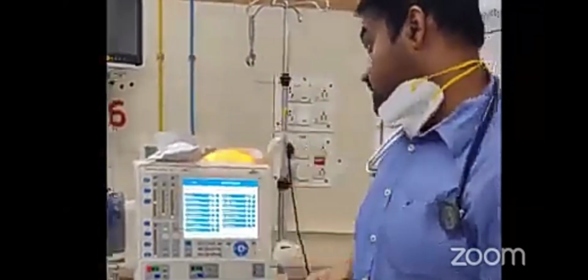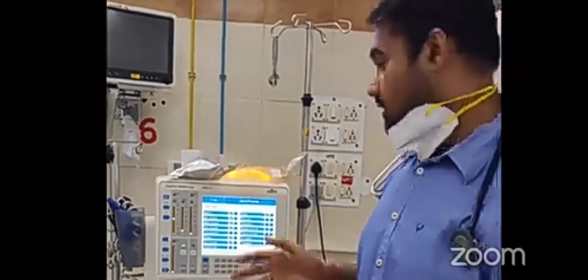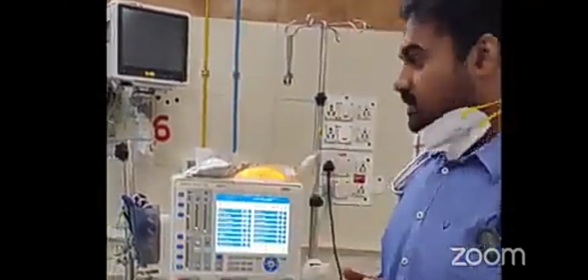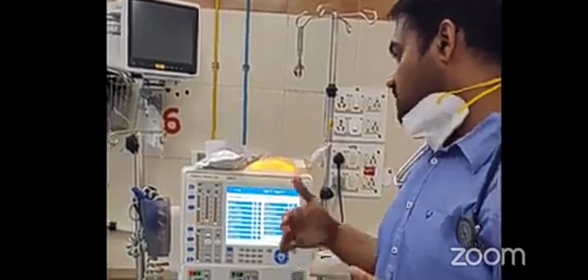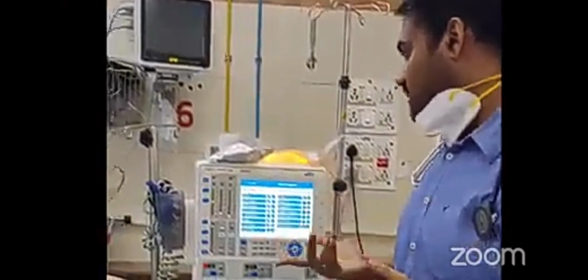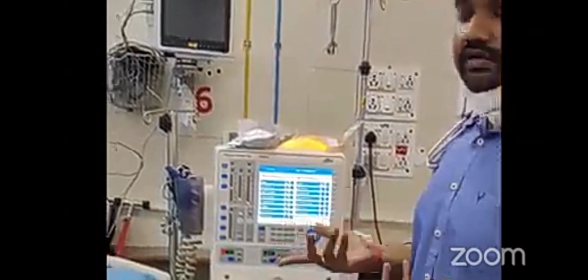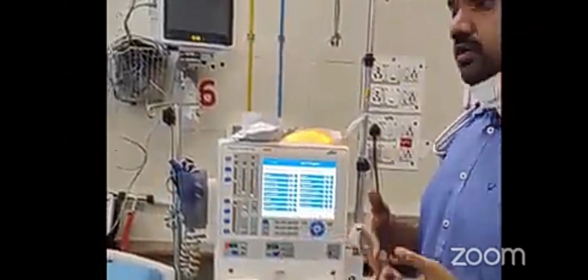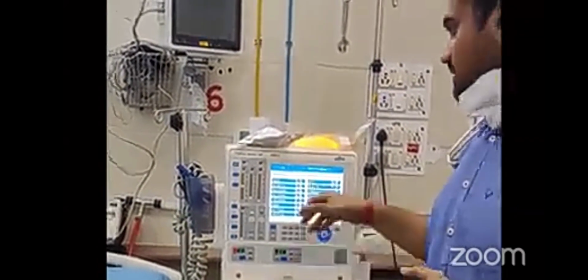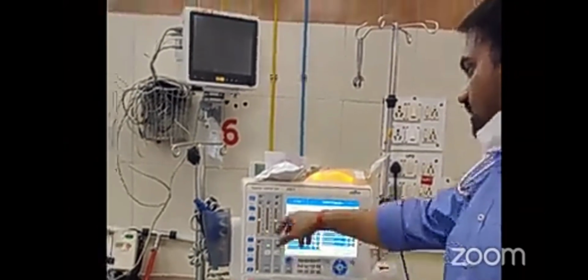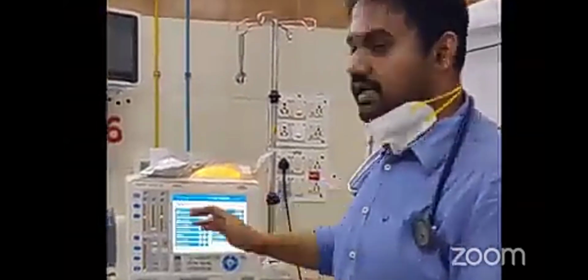And thirdly, you have the transmembrane pressure. That is the pressure between the blood side and the dialysate side across the dialyzer. If the transmembrane pressure is high, then again there might be some abnormality in the filter. There can be a filter disruption, so we might have to change the filter. So these are just the basics of the various pumps and monitors that are present.